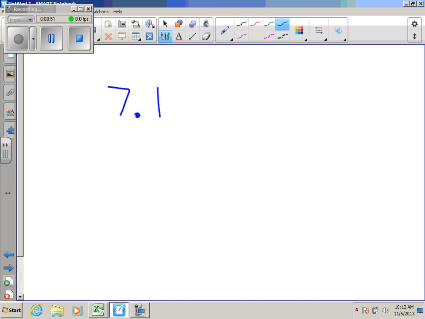7.1 times 10 to the 4th. So now you're just going to go backwards. Here's what I recommend. I recommend just taking the 7.1 and rewriting it. Since it's a positive power, that means I'm going to basically go 1, 2, 3, 4, and fill in